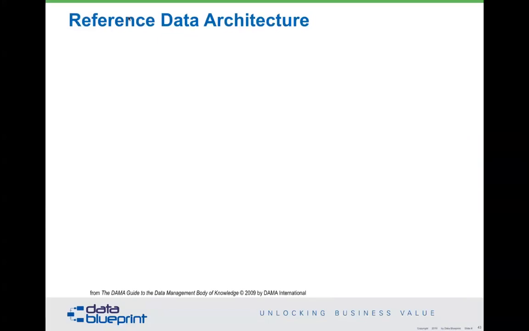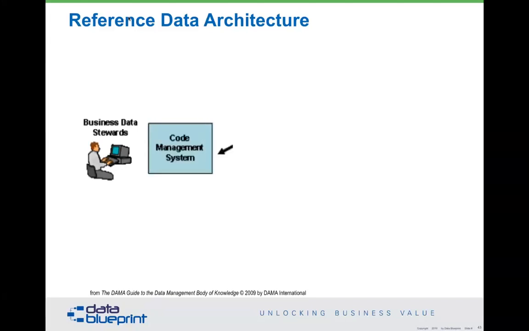Now, these next 3 slides will be pretty similar. There are little subtle differences in there, but first of all, we're going to start out with a business data steward. So somebody we've got in the organization whose job it is to help make data available as an organizational asset. That is the role of the stewards. They work with something called a codes management system. Now, the reason it's a code management system is, remember, reference data is all about the database codes, the allowable values that are in the database